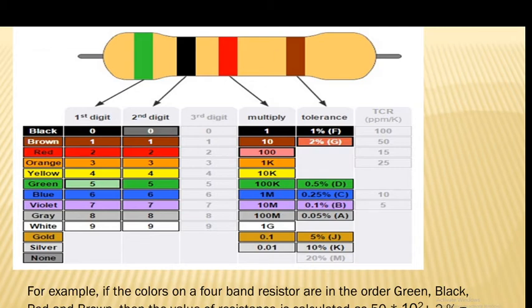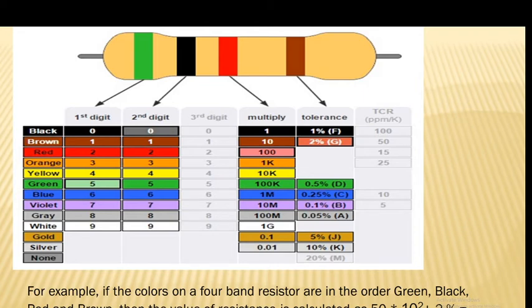The first color band is green, and hence for the green color number 5 is assigned, and hence the first significant digit is 5. The second color band is black, the number assigned to black is 0, and hence I write here the second significant digit. The third color band is the multiplier, which is red here,